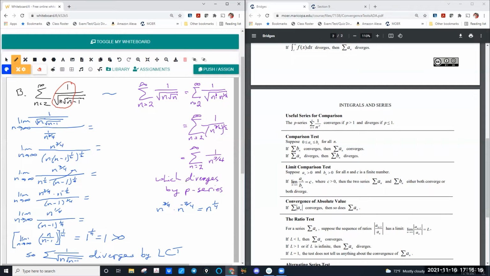So to answer your question, if you're doing one of the comparison tests, because you have to compare it to something that's known, you're going to have to at least say that what you know is convergent or divergent and why. So basically, that would end up in you doing two tests. One to say, hey, this is what I'm choosing to compare to, and it diverges or converges because of a p-series or geometric series. And then we have to go back and do the actual comparison test.